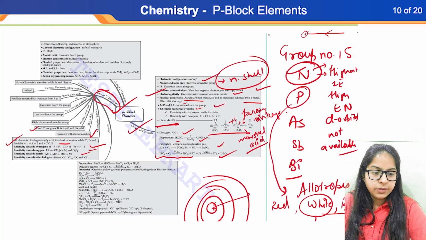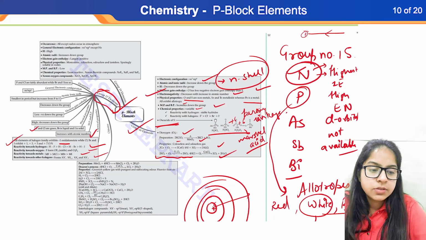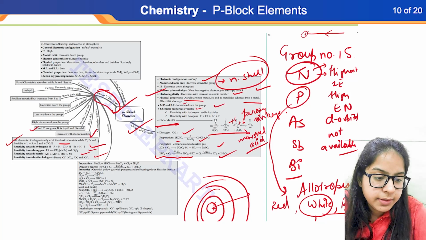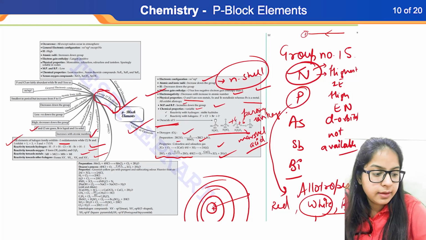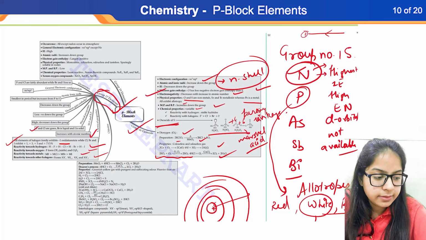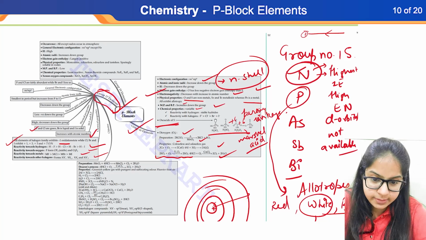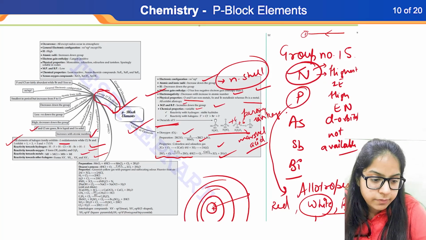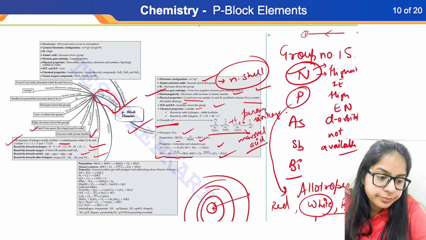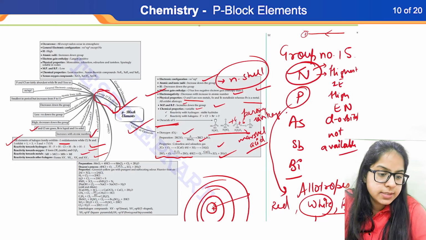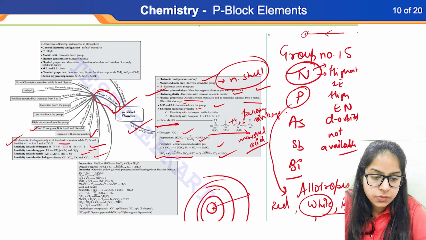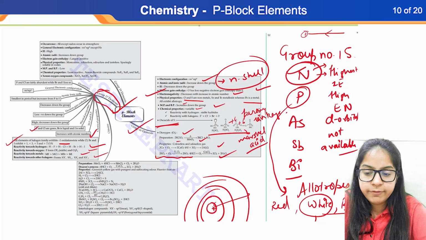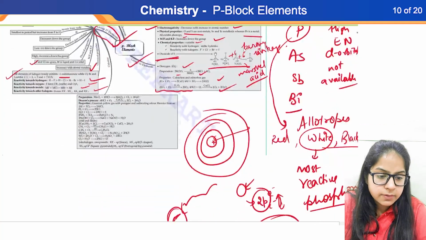Next one is reactivity towards other halogens. More electronegative element is on the terminal, and the less electronegative is at the center, like ClF3, BrF5. This is the formula for the interhalogen compounds. Pseudo halogens are different compounds. Okay, now the next one is